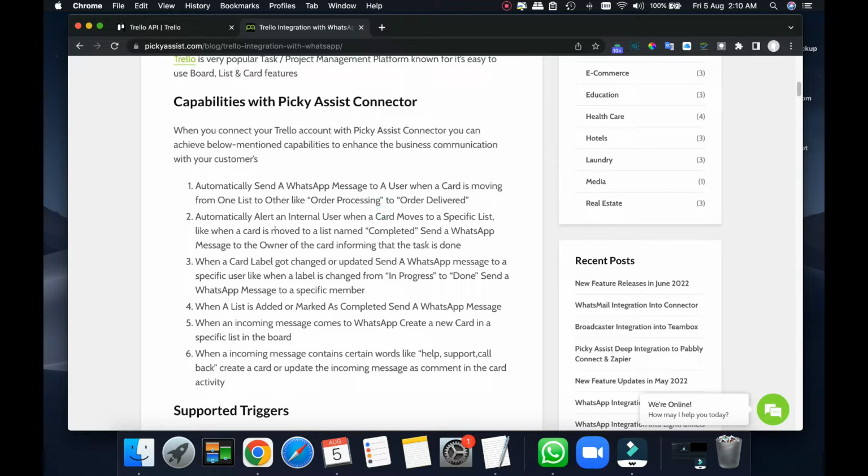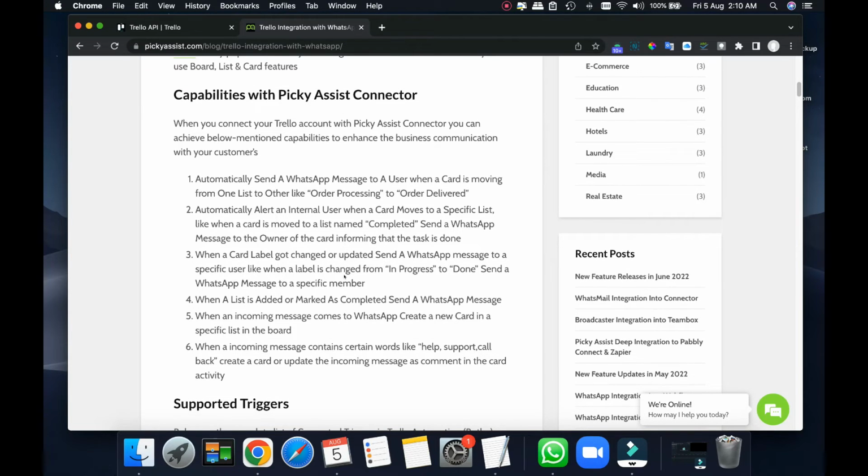The second option is to automatically alert an internal user when a card moves to a specific list. When a card is moved to a list named Completed, send a WhatsApp message to the owner of the card informing them the task is done. So these are the different possibilities you can achieve with Trello.